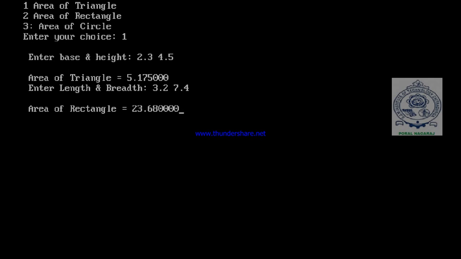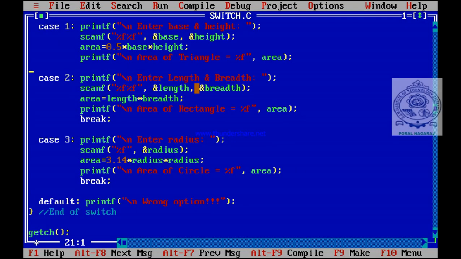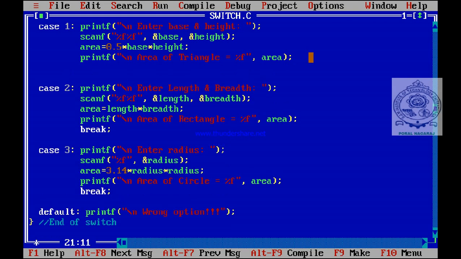I have removed break there. Okay. See, I have removed break here. So that's why break is essential. Otherwise, it continues with the next case value. So that should be avoided. It means break is very much essential. I think you have noticed this point. So case values need not be ordered, and break is compulsory to bring the control out of the switch statement.